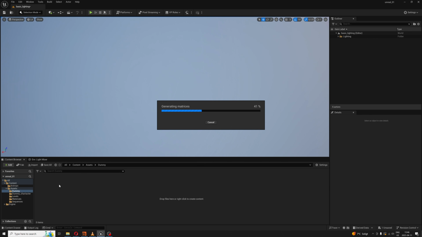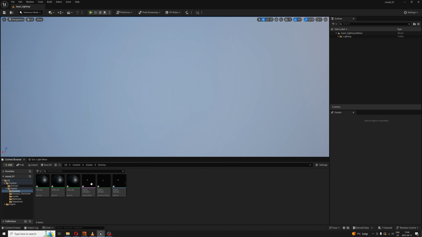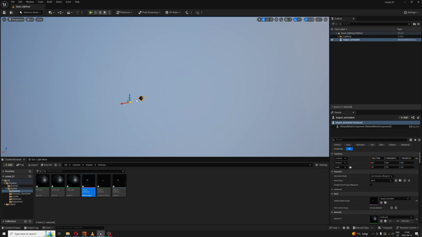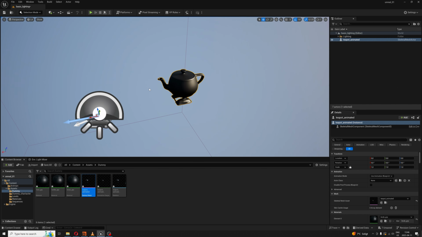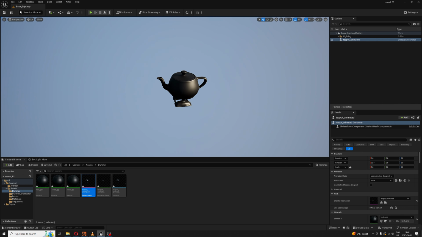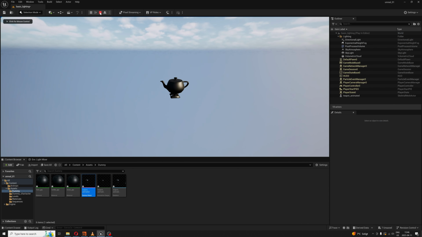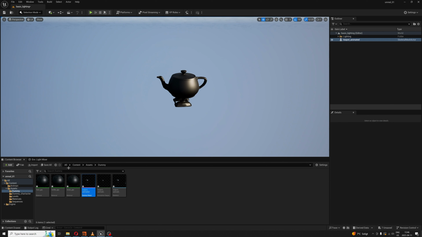Okay, and now it's generating all the components for that skeletal mesh. There you go. So we have the teapot animated, the teapot animated sequence, and the skeleton. So this one is the skeleton mesh. So this is the one that we actually care about. So I'm going to drag and drop that one in the viewport. And here we have it. All right, good. And if I press play now it doesn't work, but that's fine because we want to use it in the actual